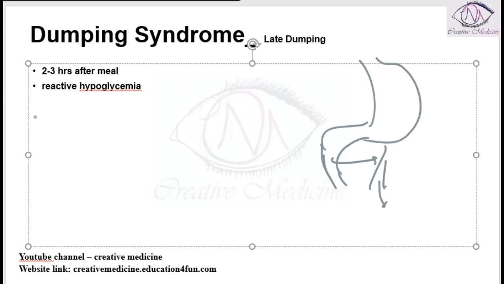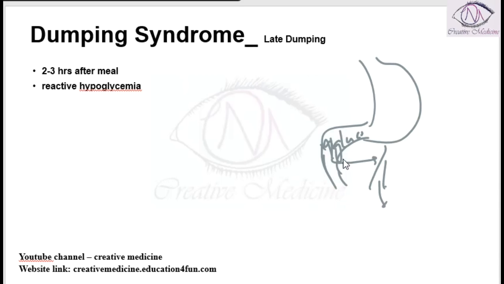Normally some of the food remains in the stomach and slowly it is absorbed, but because all the food enters the small bowel at once, all of the glucose and all the nutrients are absorbed at once. So whenever there is a high carbohydrate load in the small bowel, this leads to increased plasma glucose levels. This glucose is absorbed into the blood,